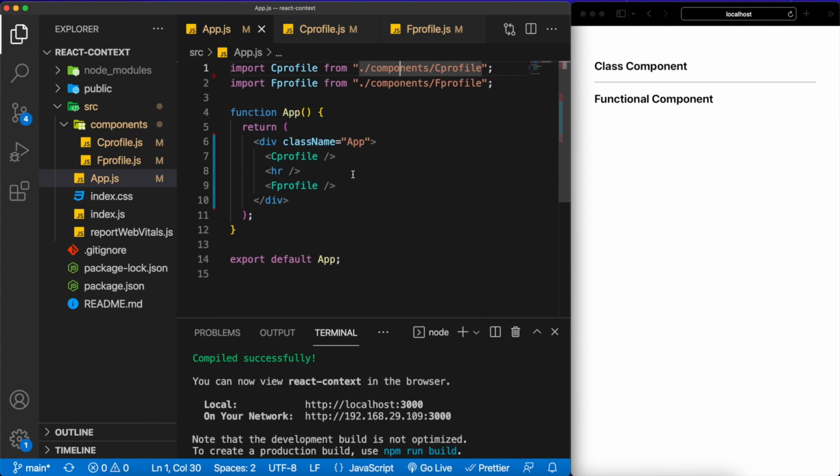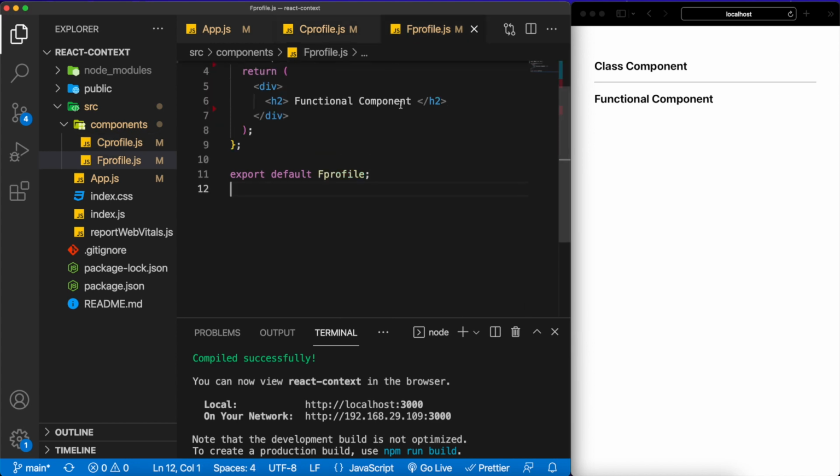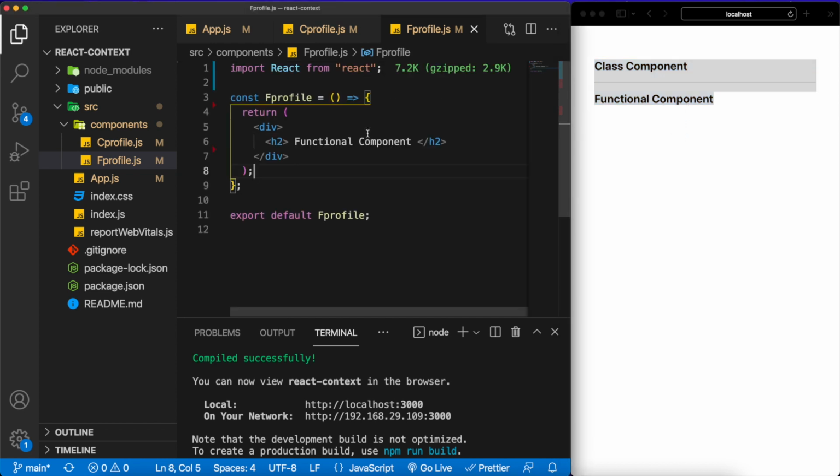In order to get started, I have created a simple React starter project. Here we have a simple class-based component and a functional component, and for now, they are simply showing this text on the browser. I have taken these two components because consuming context in a class-based component and a functional component is quite different. So we will see how things work, and also how we can manage our state